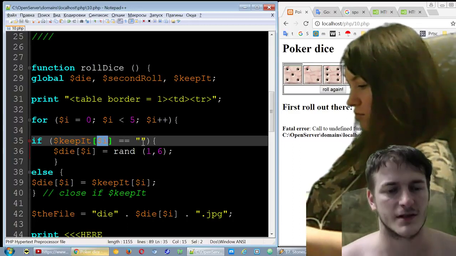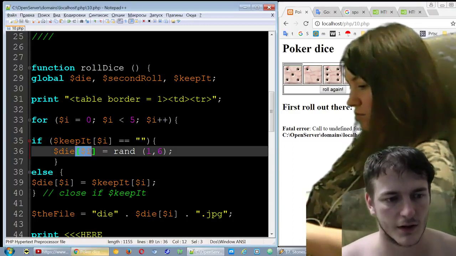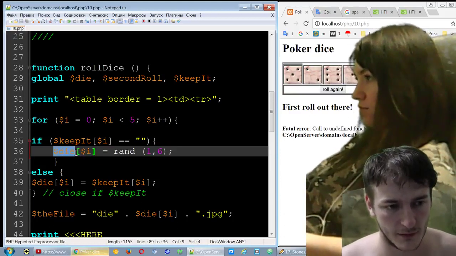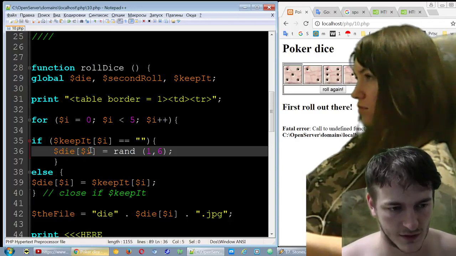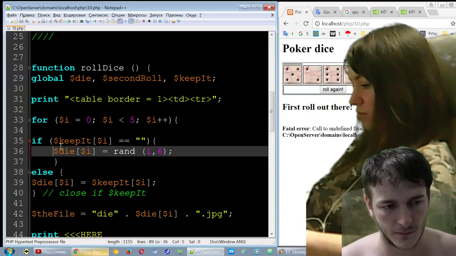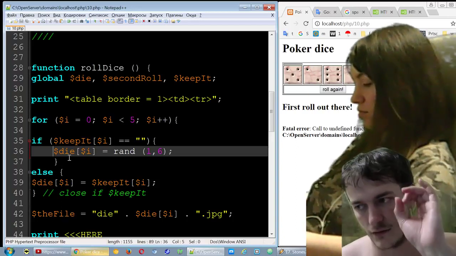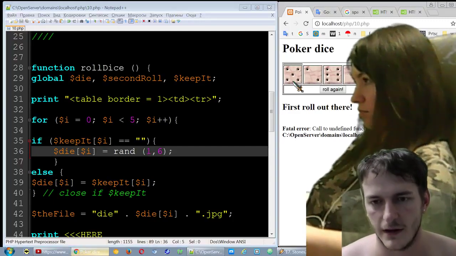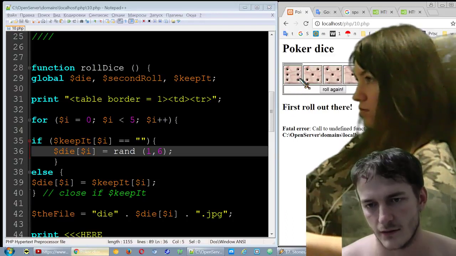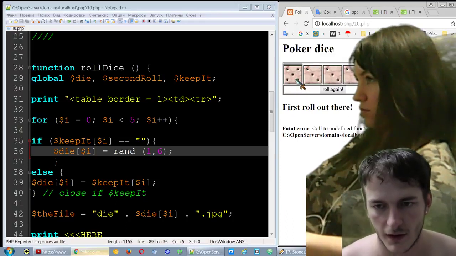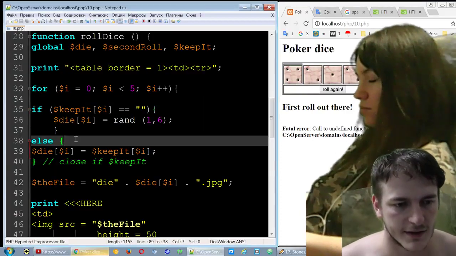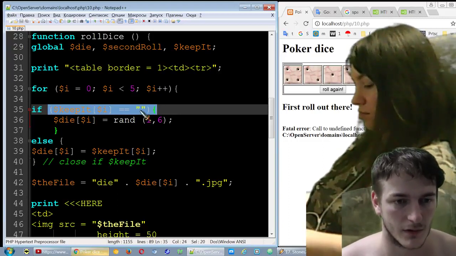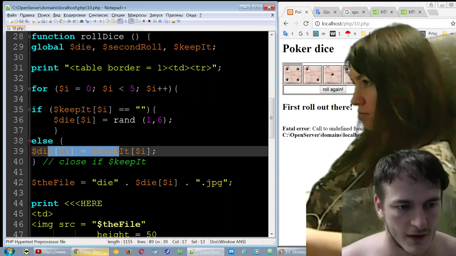Then PHP checks this variable, it would already be 0, for example, in this case. Is it empty? If it's empty, and in our case it's empty, it would roll. So it would create the first die variable. It would be die 0, and for this die it would generate a random number from 1 to 6. For example, here it's 5. Here it's 1, 6. I'm just refreshing the page. And if this variable already had some value, then it would just